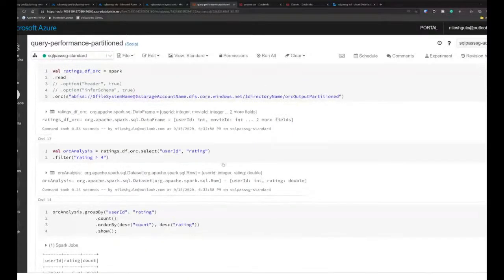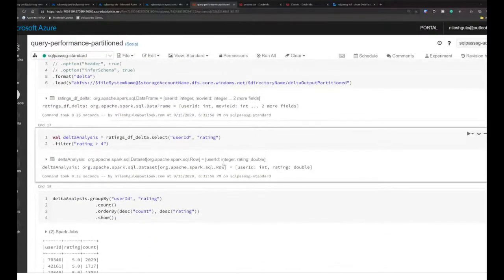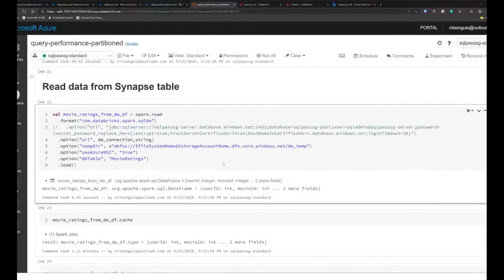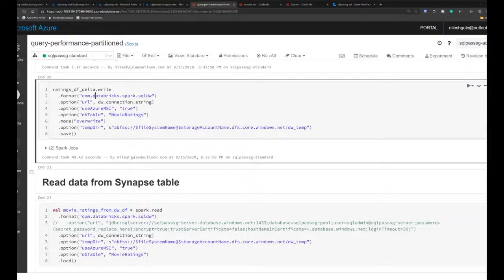I've taken one of those data frames, and I have written the whole 700 MB or 1 million records. The concept is the same here. When I try to write, it's writing the complete movie ratings table. All the other things are the same here in terms of the format or the driver which I use, the connection string, the MSI option, the table, and the temporary directory.